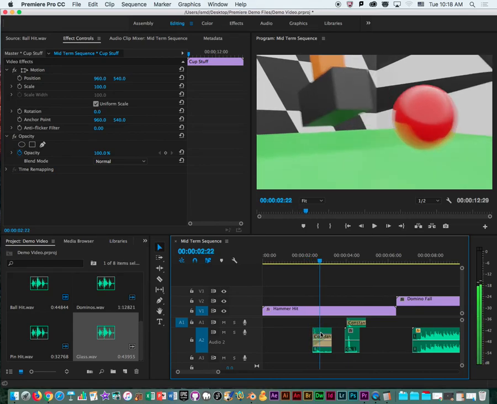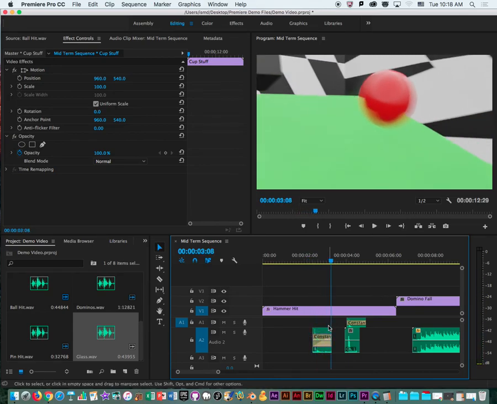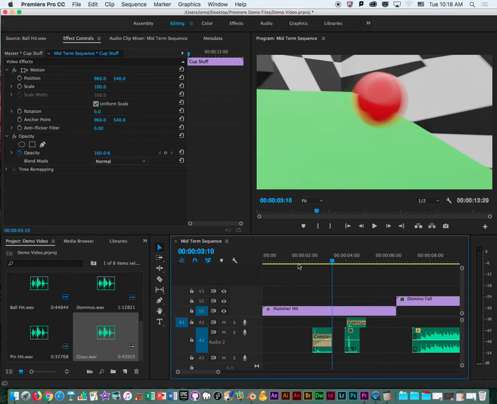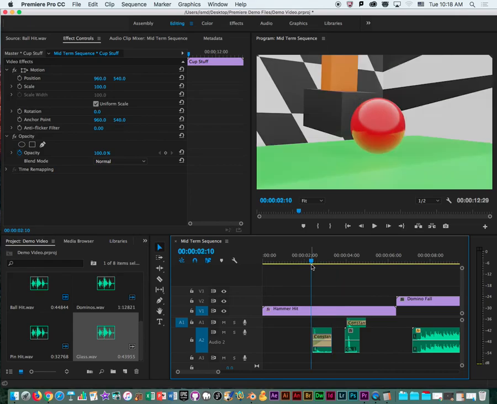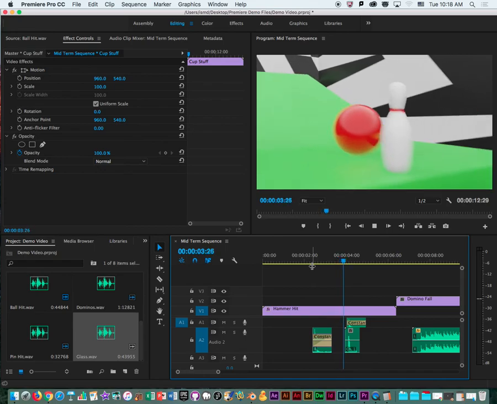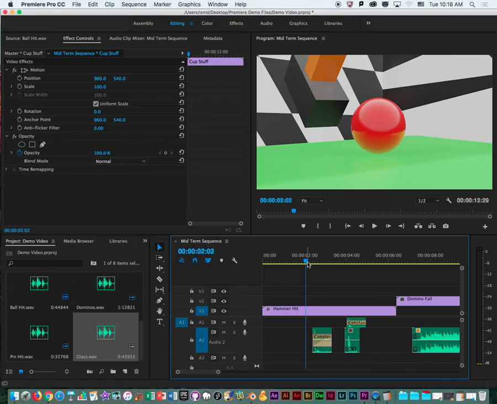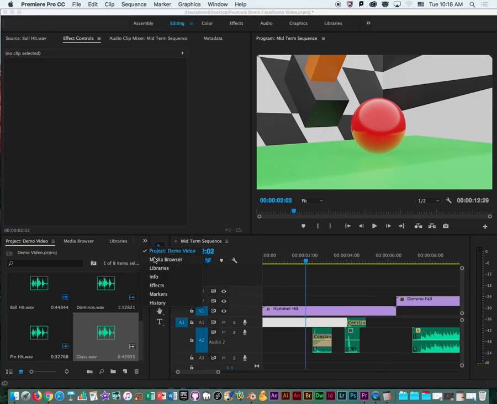But one thing I do want to do is add some emphasis to that first hit. It's like whack, but it kind of just falls dead. And I don't know, it just kind of falls flat. It doesn't feel like the first action that's supposed to be like, boom, this animation is starting. It's getting whacked. I'm going to add some reverb to that at the beginning so that it feels like it has emphasis, like the impact of that has sort of reverberated around the room. So I'm going to go to my effects folder,